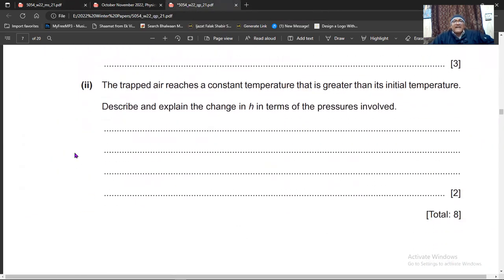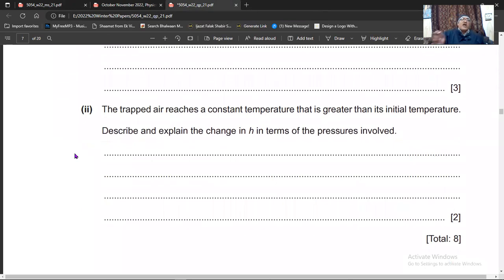Question number 3B, second part. The trapped air reaches a constant temperature that is greater than its initial temperature. Describe and explain the change in the H in terms of the pressure involved. So